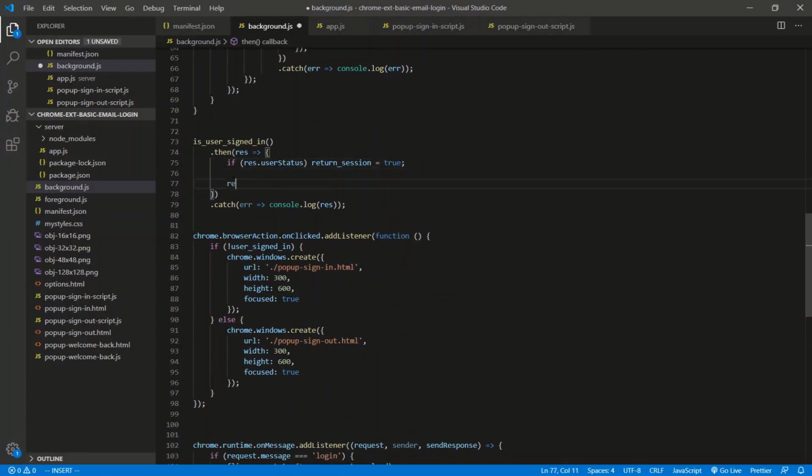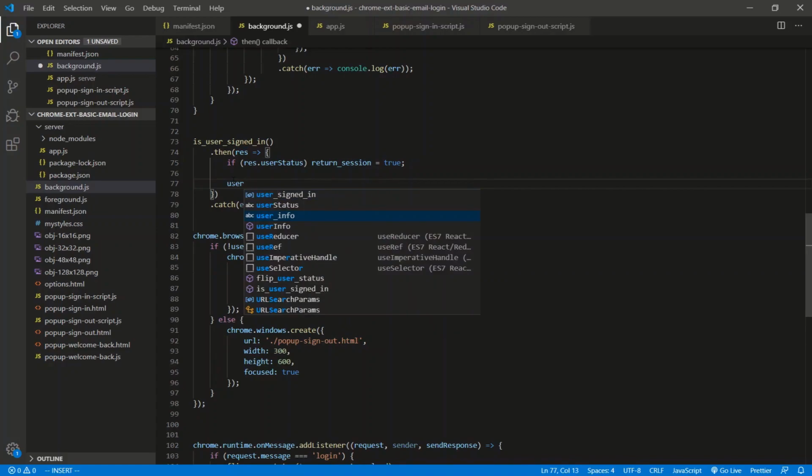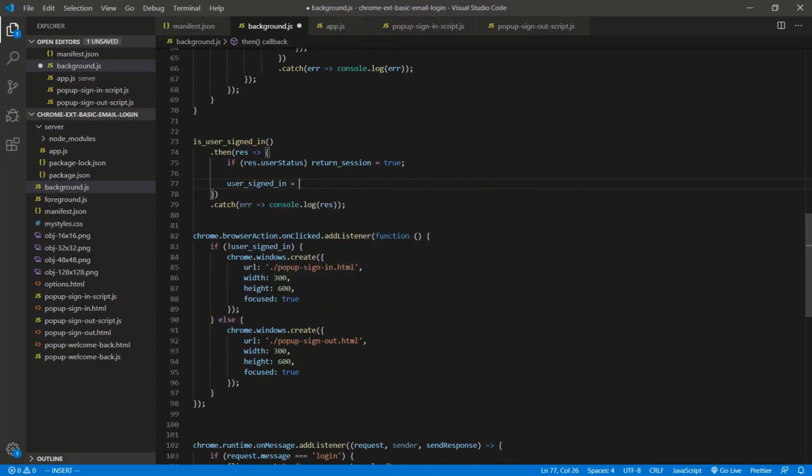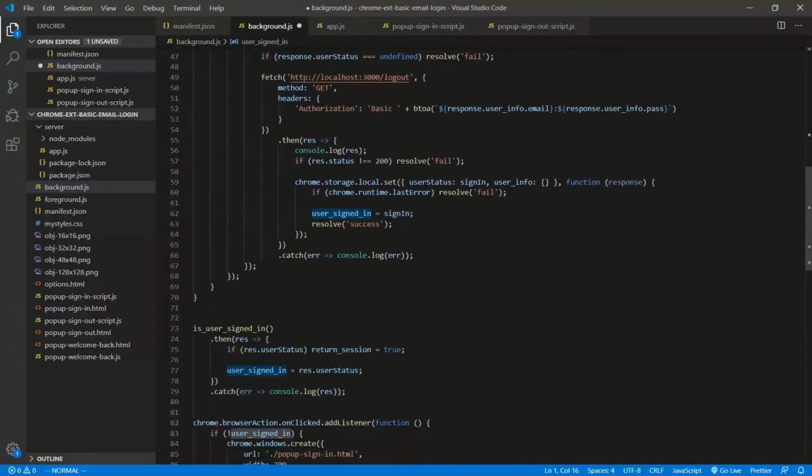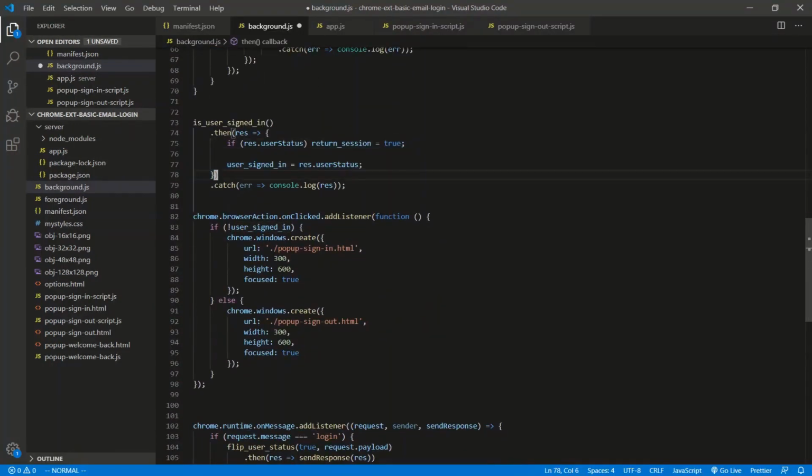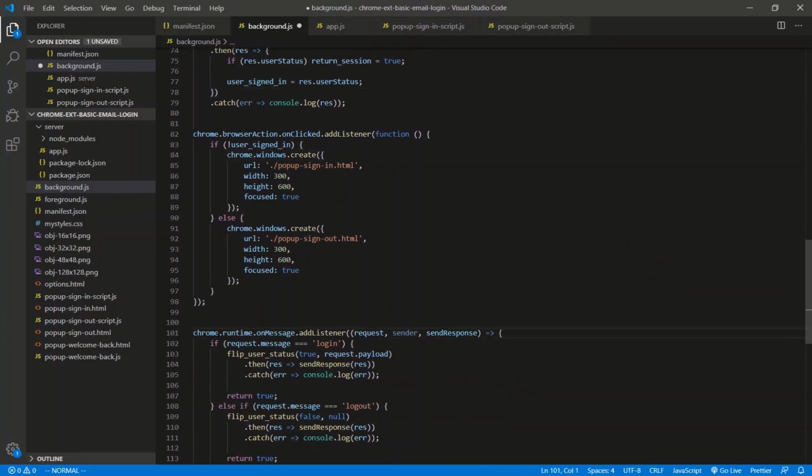And of course, we'll just set the user signed in to whatever the res.userStatus is, whether it be true or false. So just to go over what we did, we called that user signed in function. It returns a promise. It resolves to some sort of credential object, whether or not it's true or false. If it's true and they've just opened the browser, this thing runs when they just open the browser, we know that they have a record in there, so we turn the return session to true. And then we set the user signed in, which is this variable right here, to true or false based on what their status is. And so right here is where we're going to check whether or not there's a return